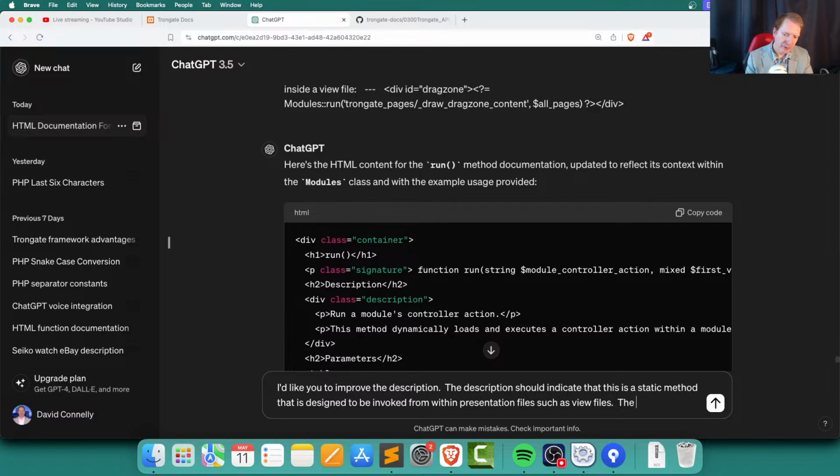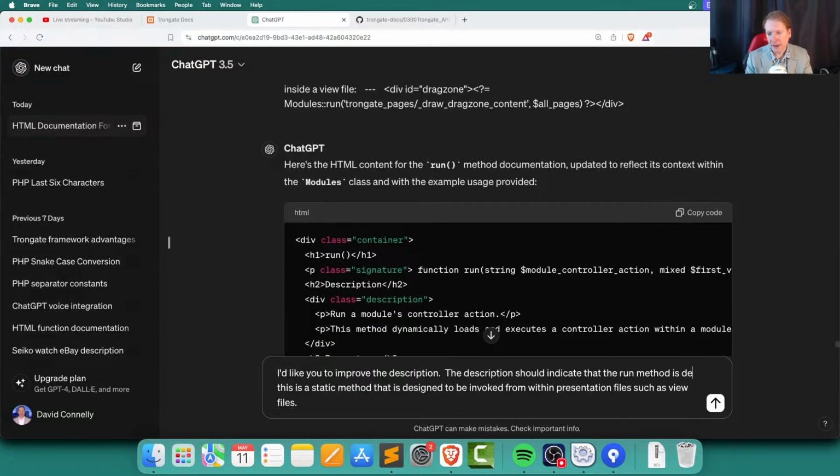The run method should indicate that the run method is designed to invoke